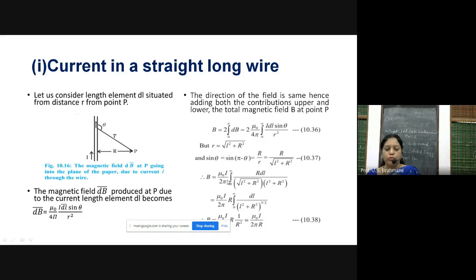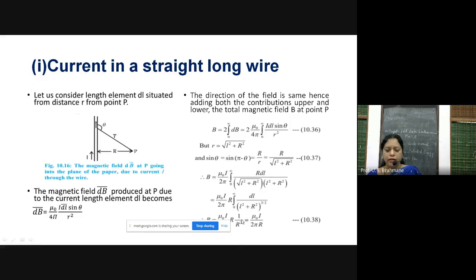Now B is equal to mu 0 I upon 2 pi. Take all the constant terms outside. This 2 is getting cancelled, the 2s are cancelled. So this is 2 pi, integral from 0 to infinity of r dl upon the square root of L square plus r square. And for sine theta from here, we are writing the value r upon the square root. So that value is taken, and this r square is L square plus r square, raised to half, that is the root, and this is 1, so it becomes 3 by 2. And r is taken constant outside.